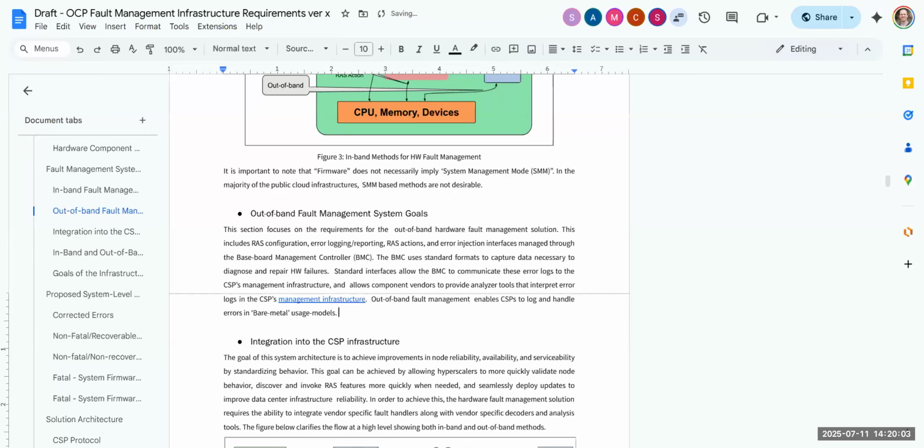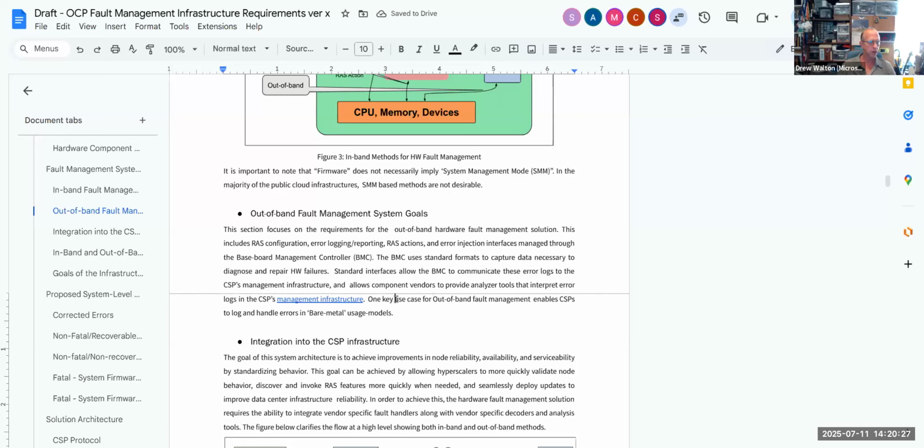Yeah, I think I like the idea. Yeah, good. Okay, I put it to end, and let me see. For example, or one. Maybe one key use case for out-of-band fault management, right? And maybe you can even make that a separate paragraph, right? Or use model, just be consistent. Yeah, use model is bare metal.